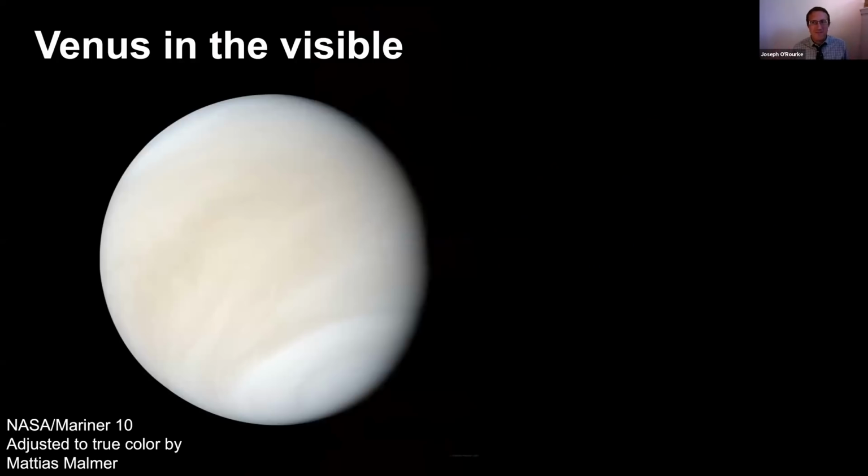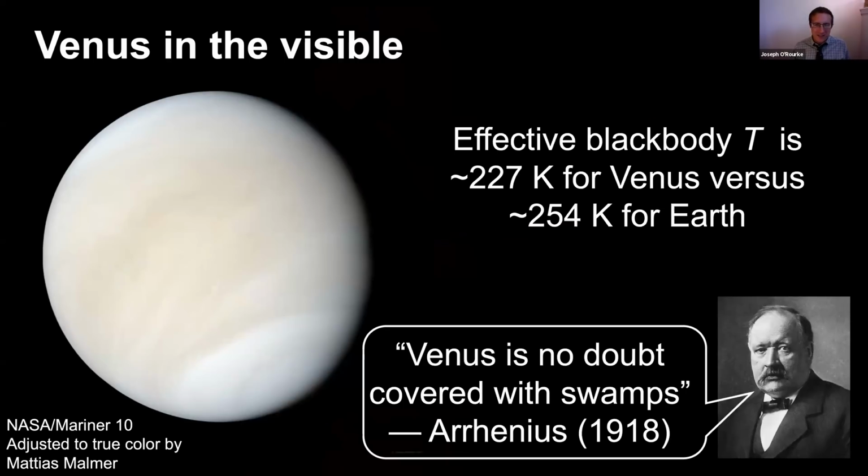And people have speculated about what Venus is like for a long time. It's the second brightest object in the night sky, so it's pretty hard to miss. But unfortunately, if you look at it in visible wavelengths, what our eyes can actually see, Venus is basically featureless. It's an extremely bright, almost uniform sphere. And it turns out that Venus is so bright that even though it's a bit closer to the sun, it reflects more sunlight. And if you calculate its black body temperature, you find that Venus would be colder than Earth if it were just an atmosphereless ball painted with paint of its current brightness.